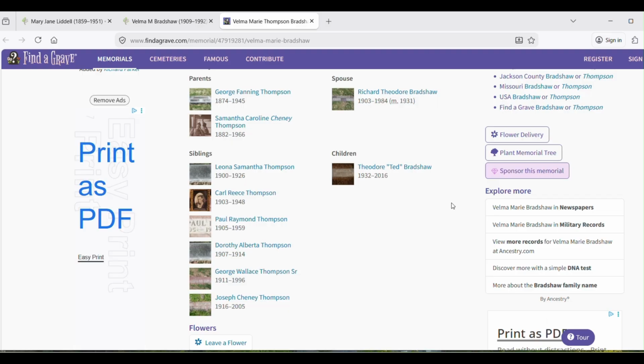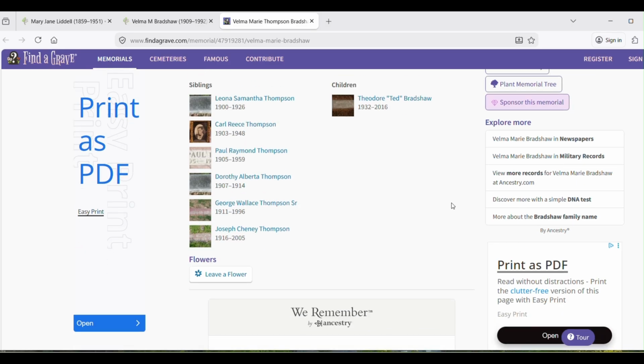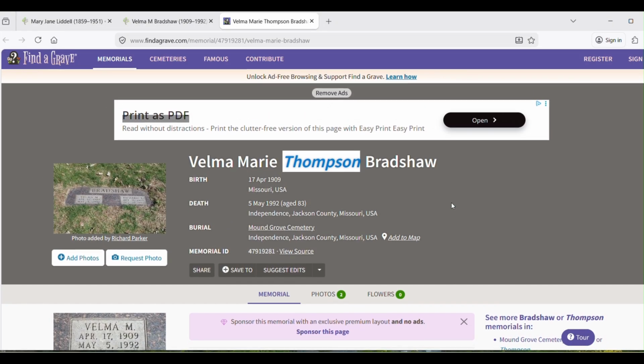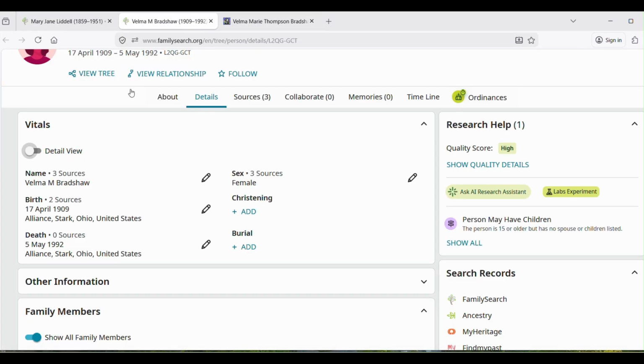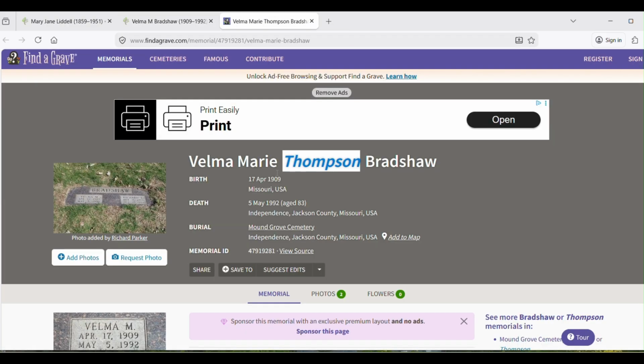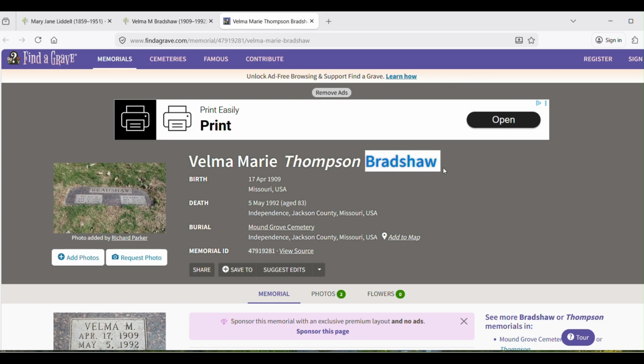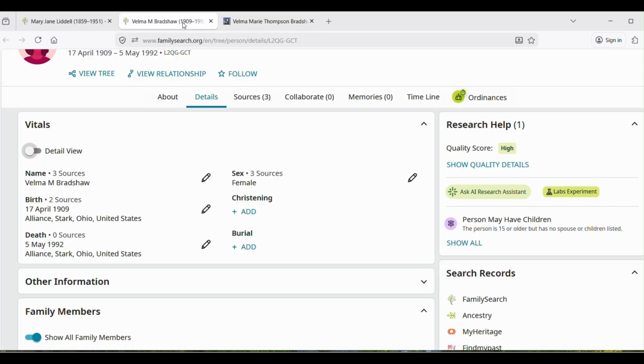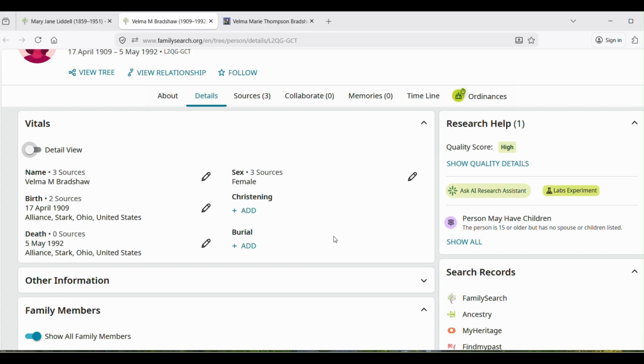Well, that's very curious. That's very curious until I realized that this Velma lived in Ohio, and this Velma lived in Missouri. Also, Bradshaw is her married name. Bradshaw is her maiden name.